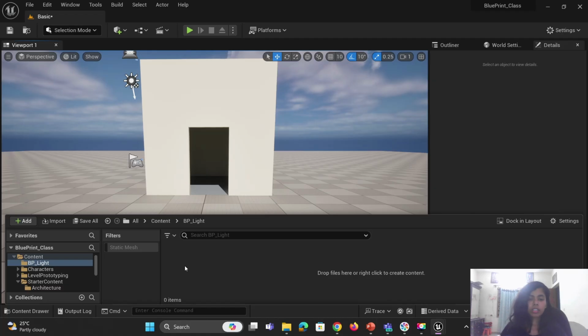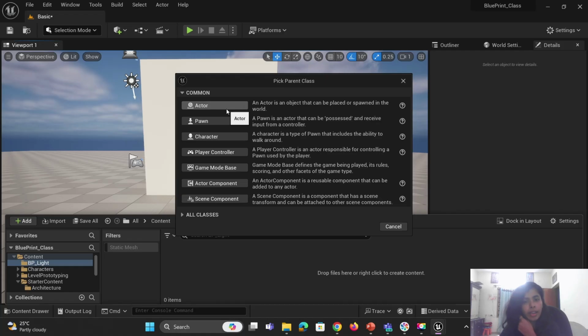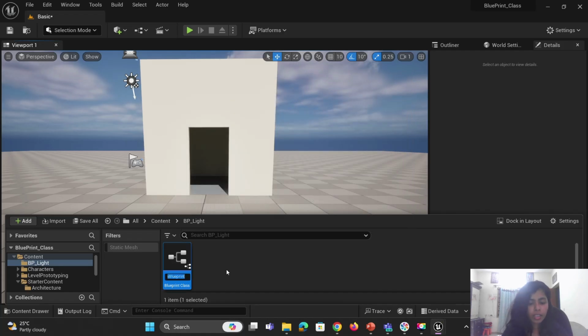For Niagara particles it is NP, and for the Niagara instance and everything. All these prefixes, I think I'll be sharing the documentation. I think I had already shared it also, not sure. I don't remember right now. So use the proper prefix, so that it will help you in organizing your files in a proper disciplined way. Okay. So let's start by creating a blueprint class by actor,